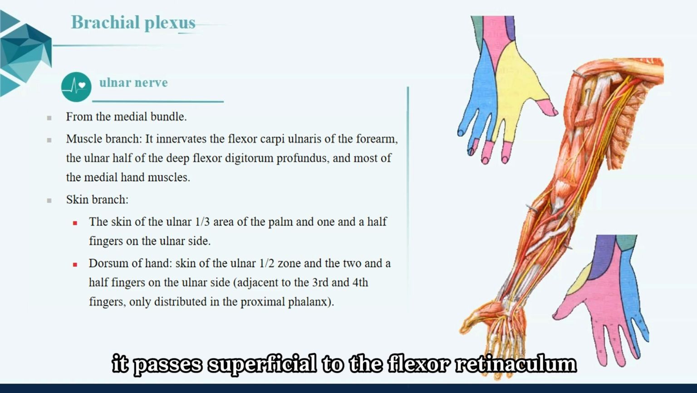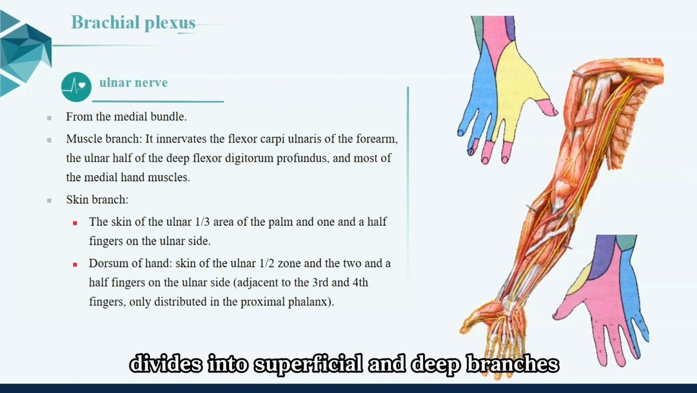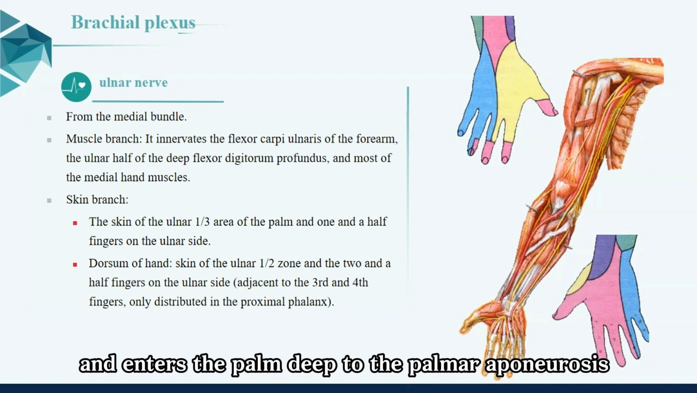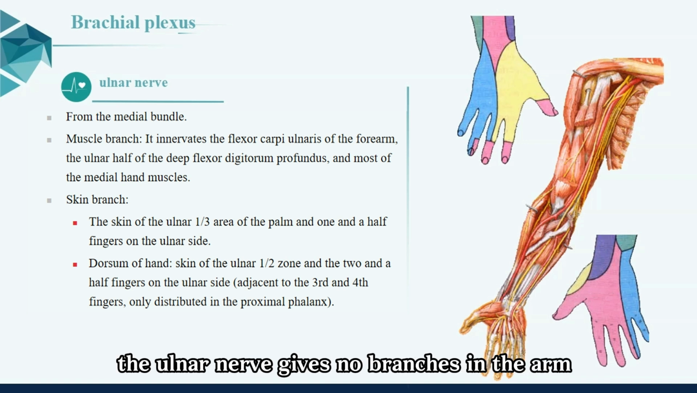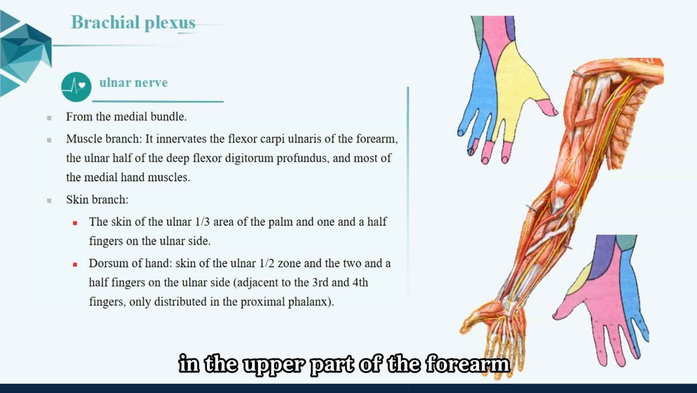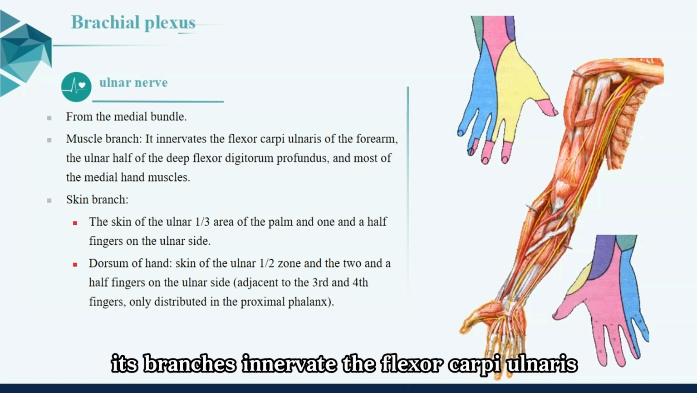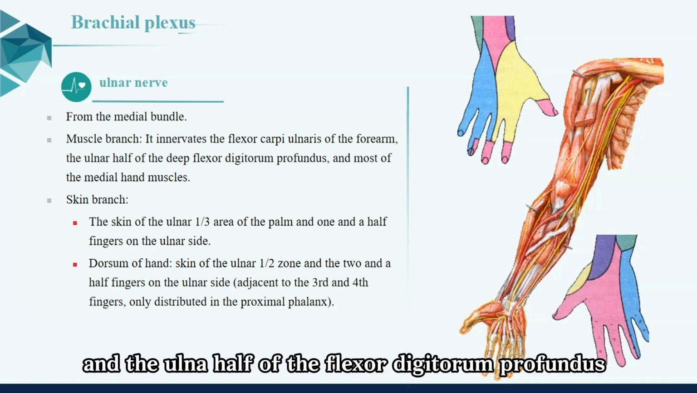It passes superficial to the flexor retinaculum, divides into superficial and deep branches, and enters the palm deep to the palmar aponeurosis and superficial to the carpal tunnel. The ulnar nerve gives no branches in the arm. In the upper part of the forearm, its branches innervate the flexor carpi ulnaris and the ulnar half of the